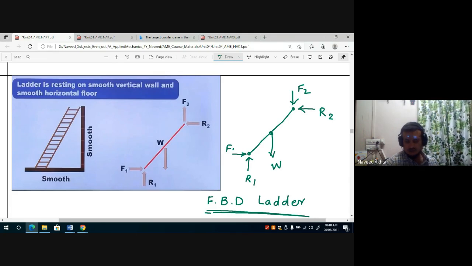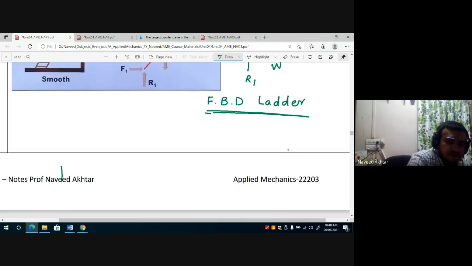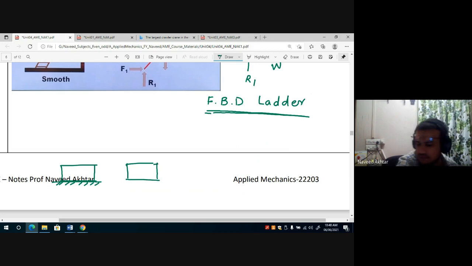Okay, तो अगर हम और सिंपल ब्लॉक ले, if you take a block resting on the ground, the block that is resting on the ground, it has some weight, and that weight is nothing but W. First, I will make a block, simply a block. Now, W is the weight of the block. So I will write W is the weight of the block.